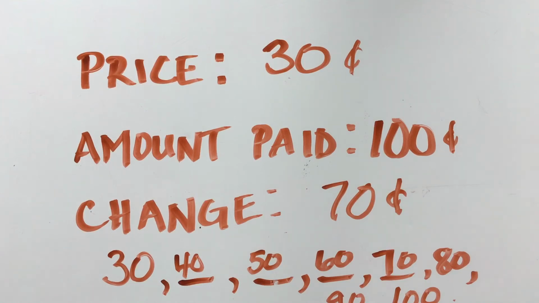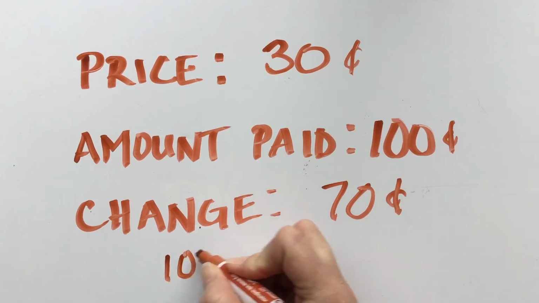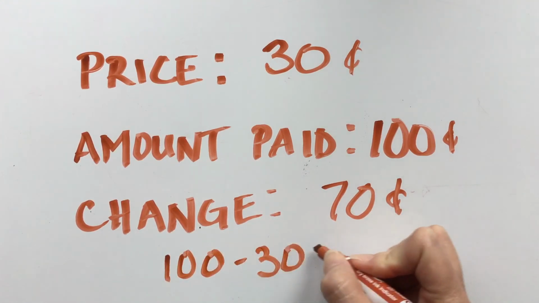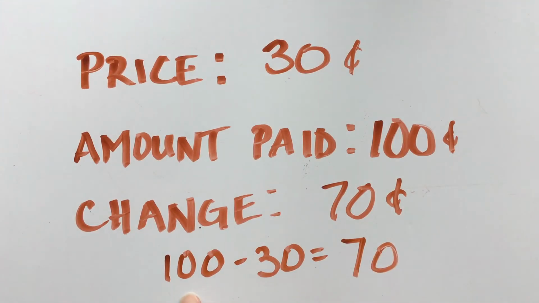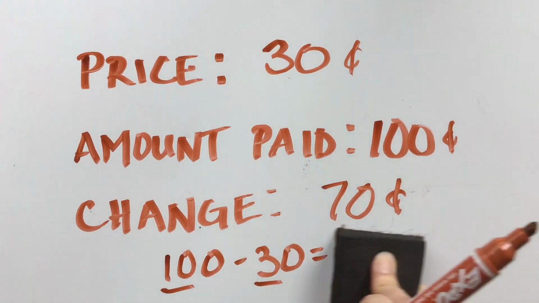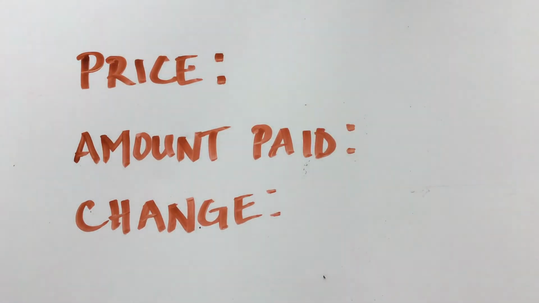What's another way that I could have done it? Well, I could have subtracted. 100 take away 30 equals what? 70 cents. A quick mental math way to do this is to think 10 take away 3 is 7. And then I just add a 0 to the end. Okay, that's my mental math way of thinking about it. All right? Okay, so this is related to question number 2 in your Jump Math book,